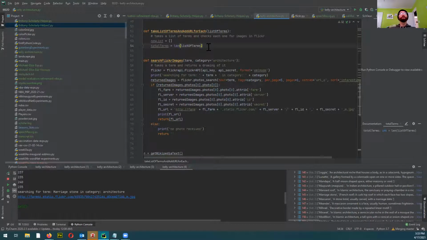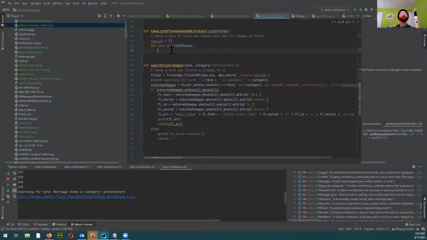I don't even know if we need the total terms. Let's not use it. See if we need it. We'll bring it back. Okay, so then let's use a for loop for going through each of these. So for term in list of terms. So we're passing it this list. Remember, it's a list with many lists in it, and each mini list has a term and a definition. So for term in list of terms,